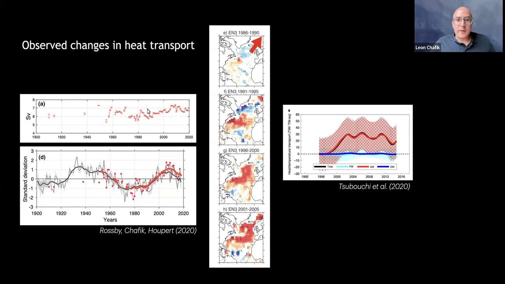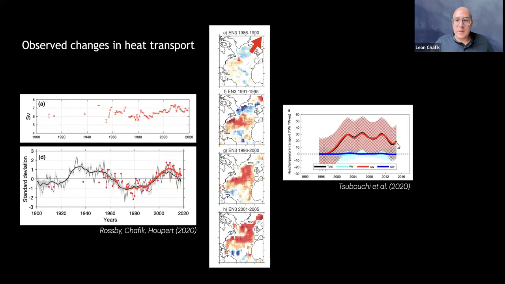When you look at the variability of the heat transport, it largely coincides with what we call the Atlantic multi-decadal variability. This is an index that tells you about how the entire North Atlantic changes between different decades. So between 1920 and 1950 the Atlantic was generally warmer than average. Between the 60s, 70s until the early 90s, the North Atlantic was colder than average, and then there was an upturn again since the mid 90s,